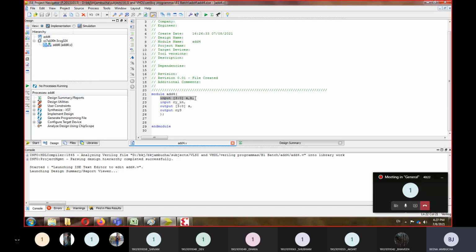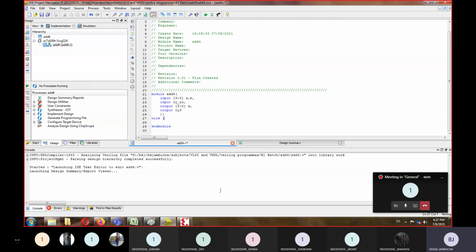Input is A, B. It is a 4-bit vector 0 to 3. Input is carry in. See, here I will have to define both inputs separately, because one is the bus and the other is a single bit vector. Same way for the output, right. Now wires are yet to be declared, so I will use wire.